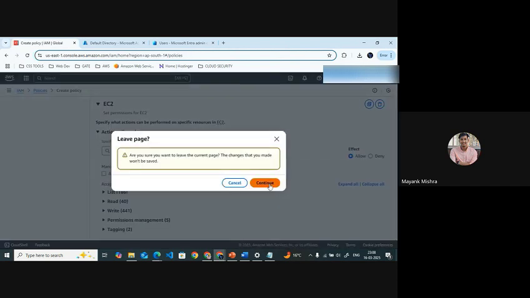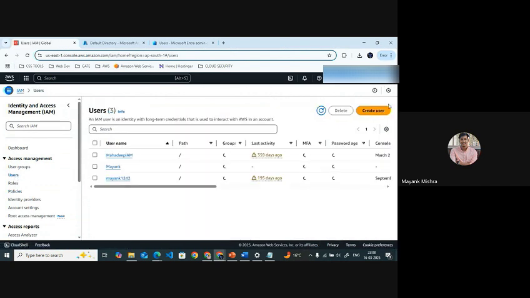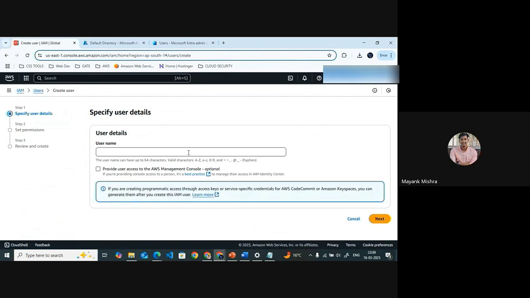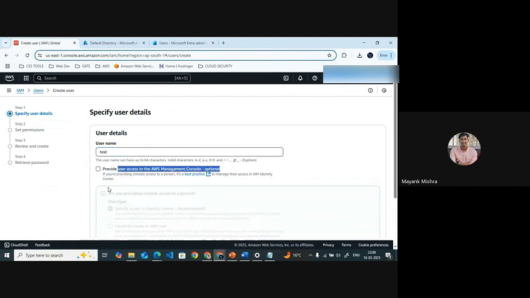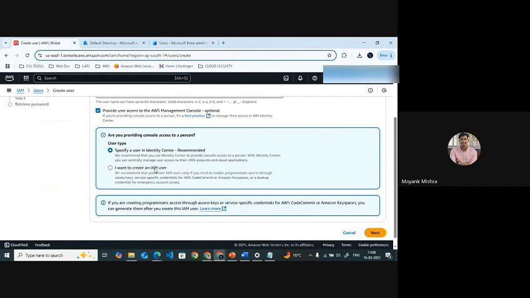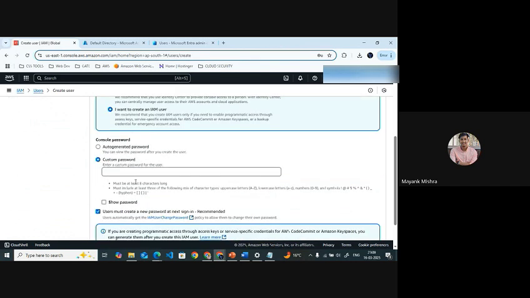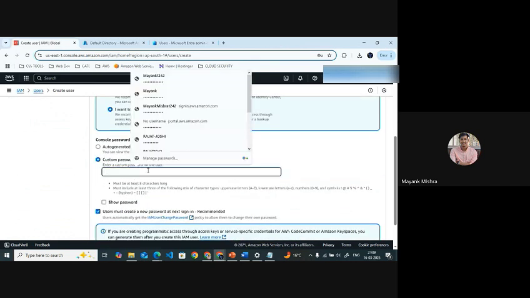And the same that we are doing in Azure, we can do here. Go to the user part, and here we can go for create user. We can give the username. There are multiple ways to handle the login part. Like I will give you the test user. We can give it management console access also. If I want to create an IAM user by my own, with a custom password, if I give it,